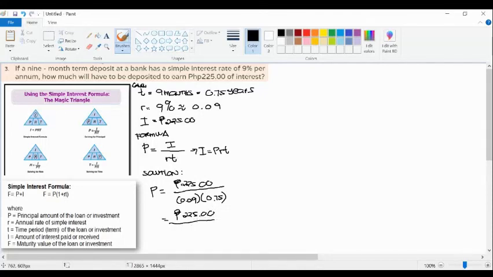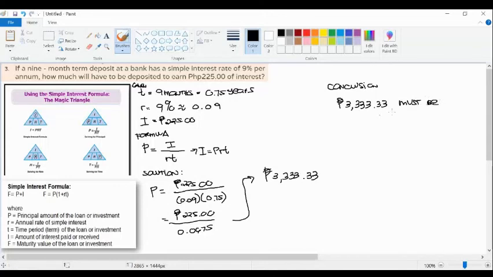0.09 multiplied by 0.75 is equal to 0.0675, and 225 divided by 0.0675, that is 3,333.33. Since this is money, we need two decimal places, or the hundredths place. So your conclusion: 3,333 pesos and 33 cents must be placed